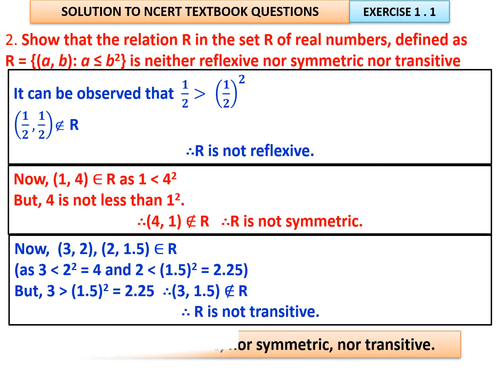We have proved it. Here you are seeing that even though there are many numbers in the set of real numbers, we have selected only those numbers for which it is not reflexive, not symmetric, and not transitive. There may be another set of numbers for which it may be reflexive, symmetric, or transitive, but remember that you have to prove that it is not.